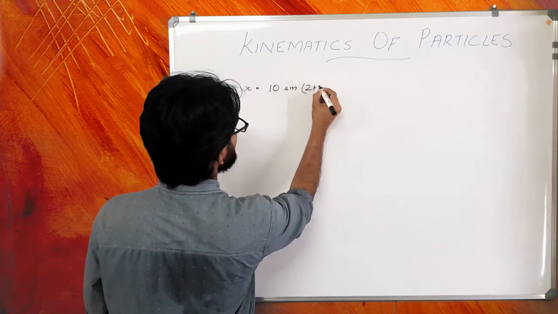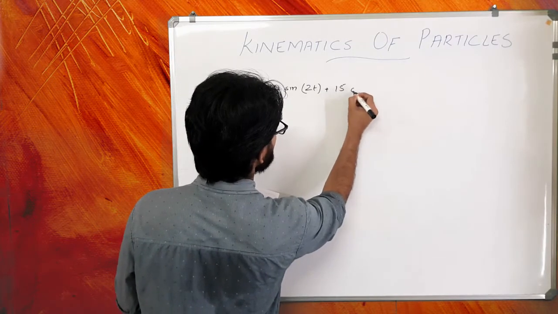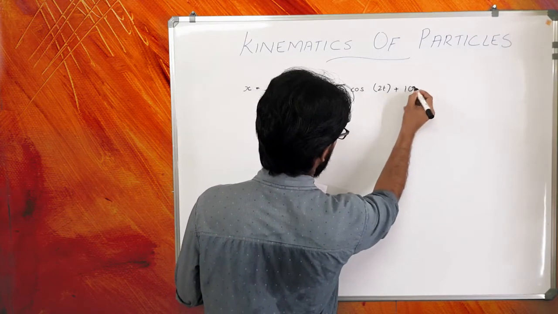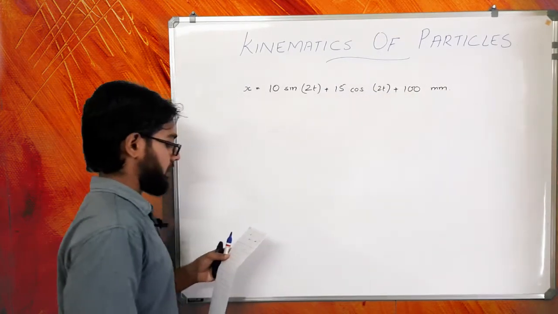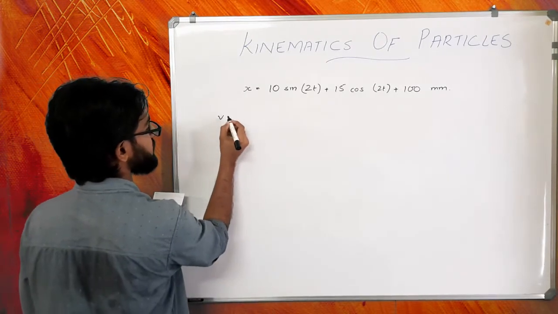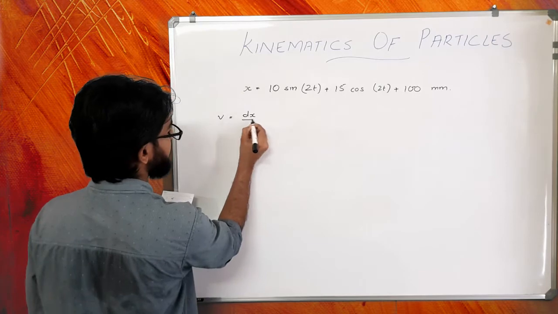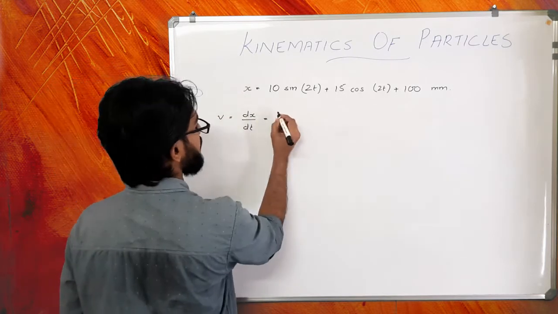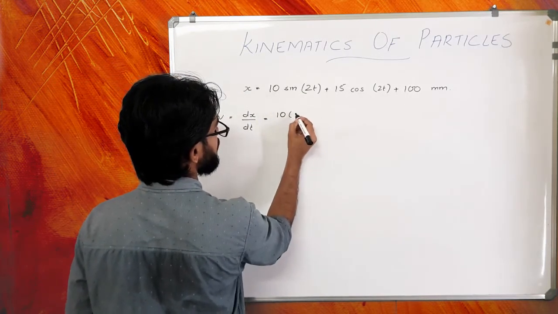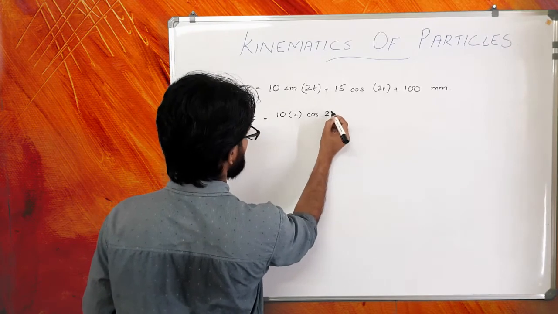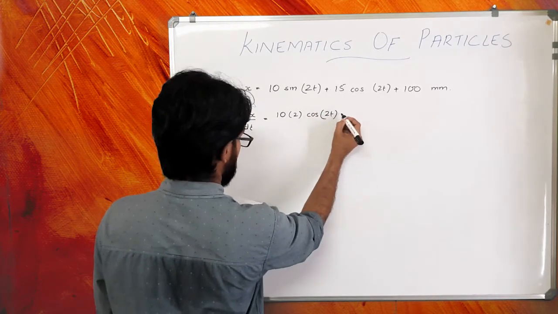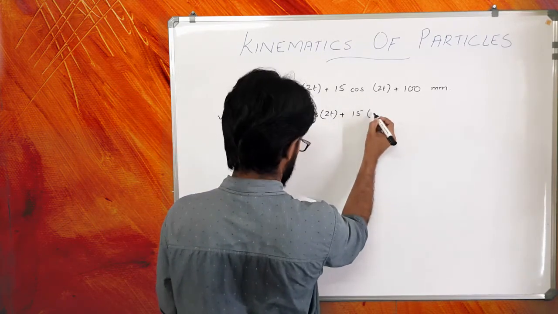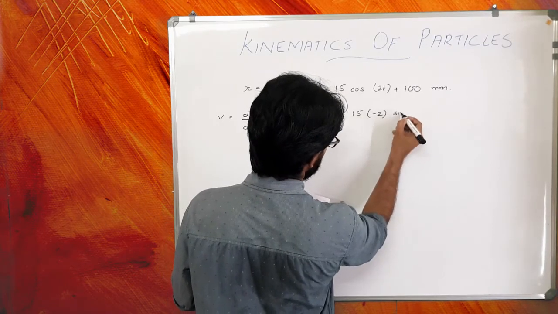x equals 10 sin 2t plus 15 cos 2t plus 100, which is in millimeters. Now, what will be velocity? Velocity will be dx by dt. So, I take the derivative of this function. So, I have here 10 sin 2t, so 2 into cos 2t, plus 15. Now, the derivative of cos 2t is minus 2 into sin 2t,